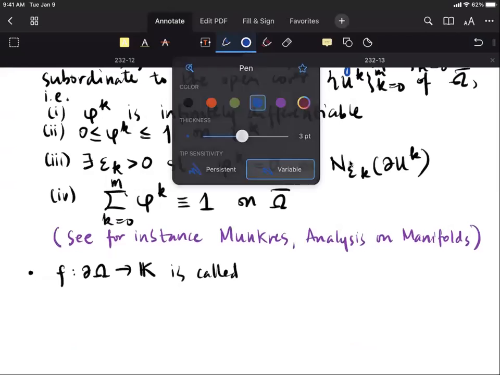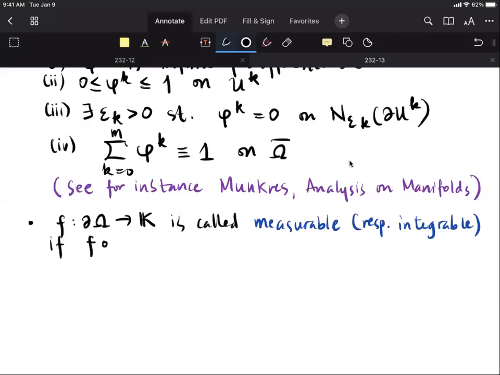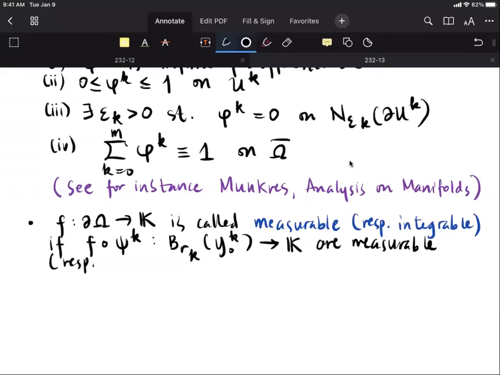So we will say that a function defined on the boundary is measurable, respectively integrable, if the composition of f and psi k, and I will define what psi k is later, on this ball, where r sub k are the parameters, and y not k are also the parameters corresponding to the parametrizations, are measurable, respectively integrable, for all k from 1 to m,